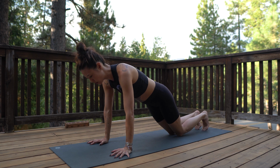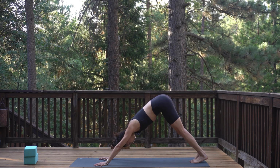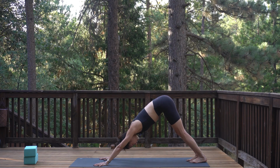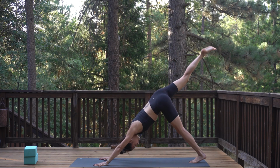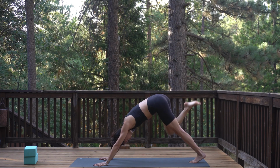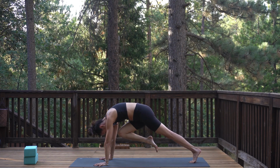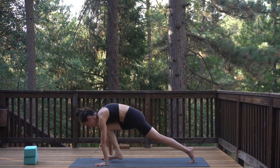So extend the legs all the way back, knees up, and then send the hips all the way up and back into that downward facing dog. And then on your next inhale, you take that right leg all the way up towards the sky. Inhale, reach that right leg high. Good. As you exhale, you bring that knee towards your nose. And we're going to hold that there for 3, 2, 1